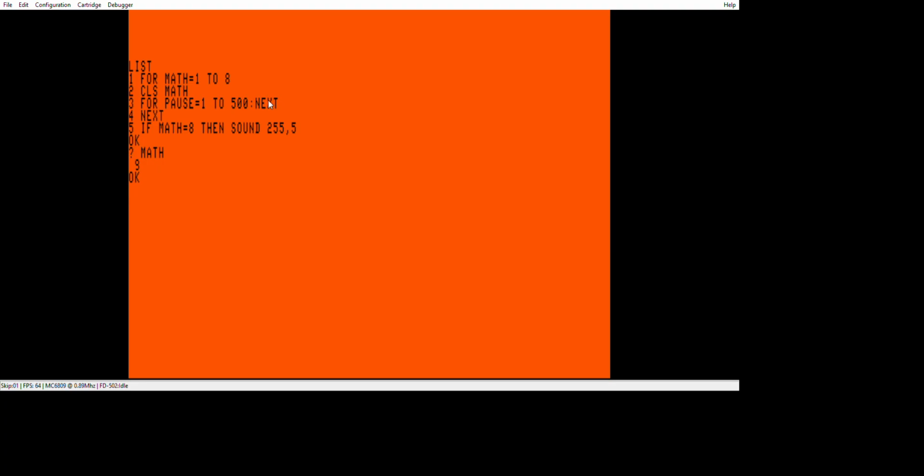However, we start with 1, we go next math, 2, 3, 4, 5, 6, 7, 8, and it stops. But it adds 1. And this is where my program wasn't working right, because I was reading a data statement, and